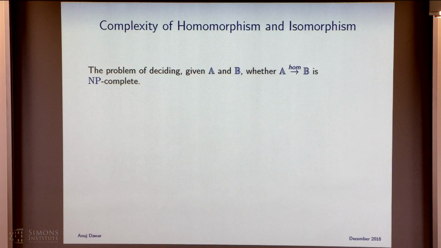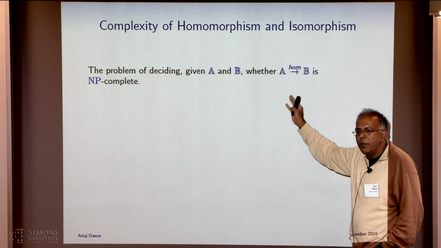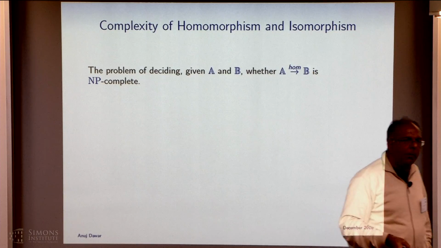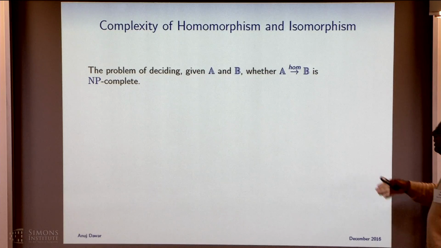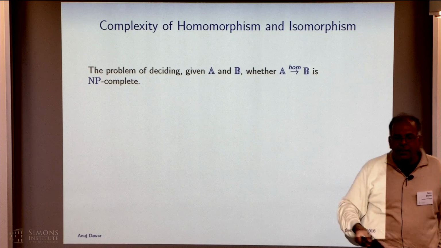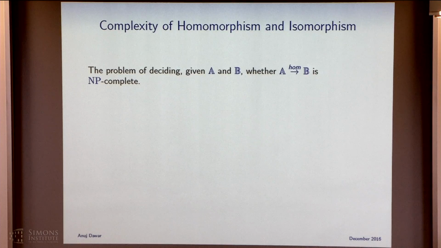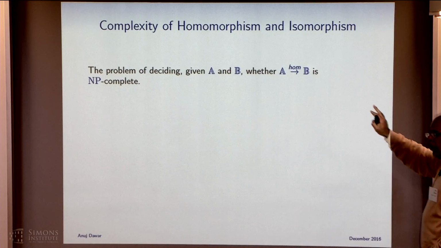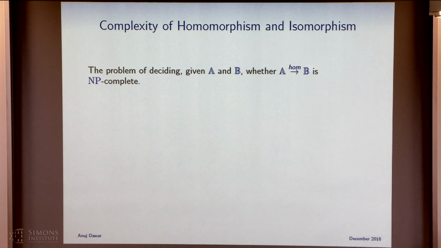Now, from the point of view of algorithmics, these are two rather different problems. We have the problem of deciding, given A and B, whether there exists a homomorphism. This is a well-known NP-complete problem. It appears in many different guises, as we've seen over time. In database theory, this is conjunctive query containment. In AI, this goes by the name of the constraint satisfaction problem. It's NP-complete even sometimes when you fix the structure B, depending upon which structure, but we are thinking of it in general in this form.